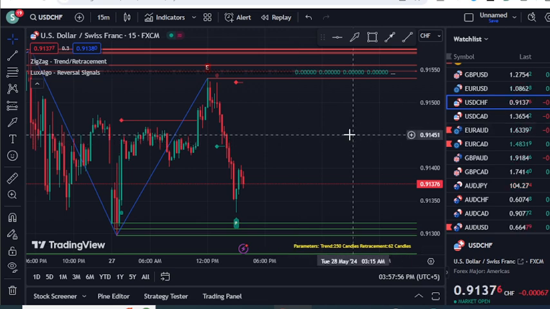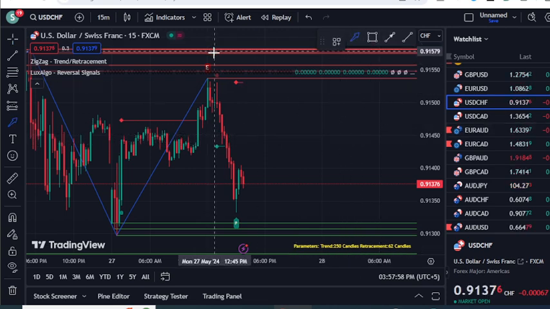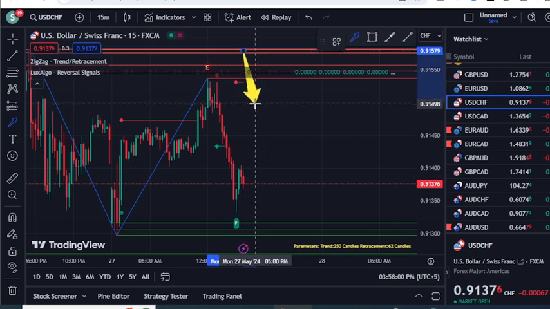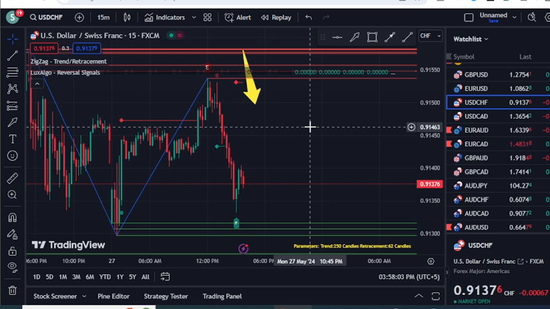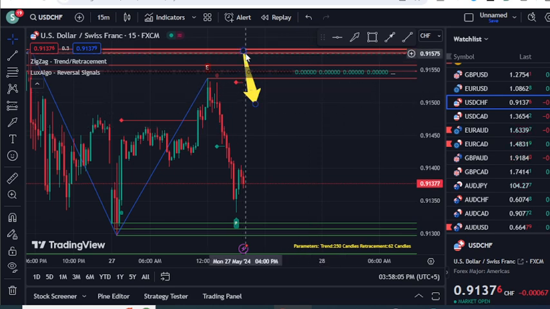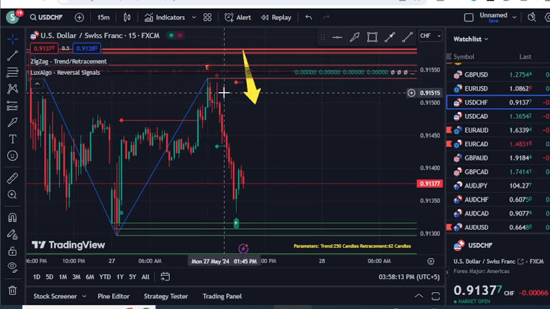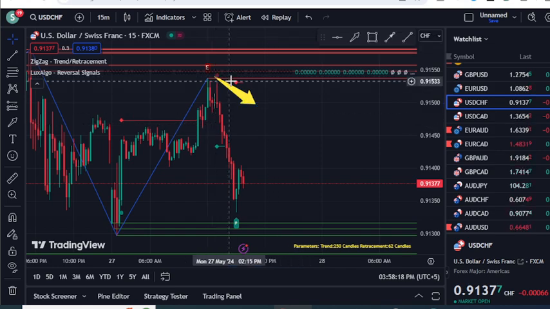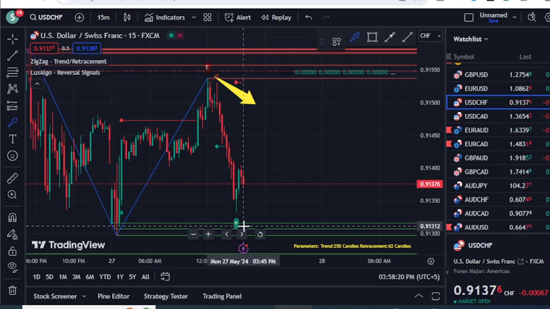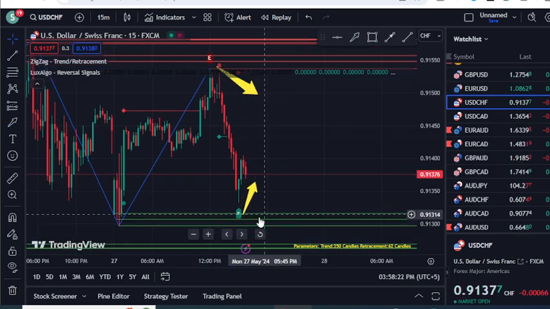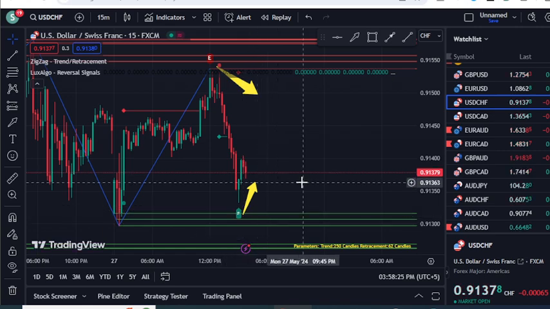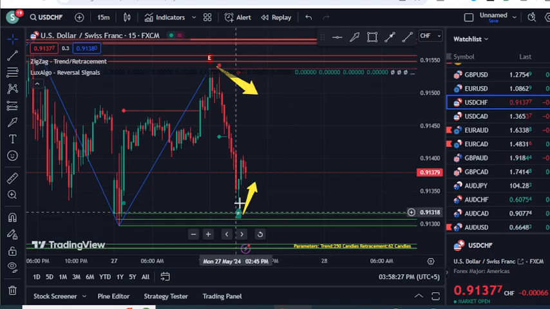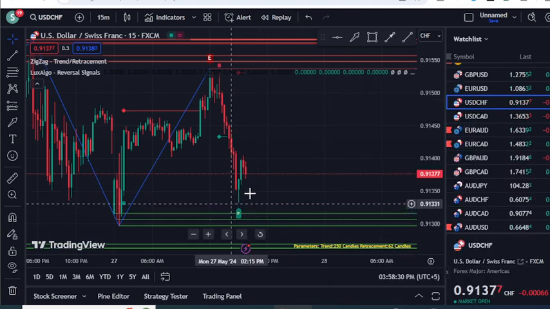So guys, this is a straightforward indicator. The red lines that are represented here, as per this indicator, tell you that this is the retracement. Once the market reaches the red levels, we are looking to the Lux Algo indicator to provide us with the sell signal. Now you can see from here, it has executed a sell signal. The price is down, and right now the price has moved up, and we have the green P written here, almost near the green levels. But try your best to catch the signals from the green zones, not above that area.